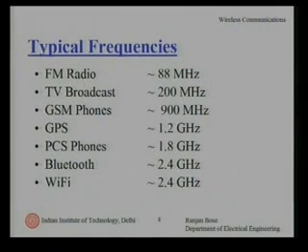The next thing we have to look at is the typical frequencies and how the frequency domain allocations work. For example, FM radio, which we all listen to these days, works around 80 megahertz. The TV broadcast is at 200 megahertz. The GSM phones work at 900 and 1800 megahertz. So, the dual band phones work at two frequencies. So, we are touching the gigahertz range. The GPS, global positioning systems, work at 1.2 gigahertz. PCS phones, 1.8 gigahertz. The Bluetooth, the poor cousin of the ultra wideband technology, which we will also discuss in this course, also works at 2.4 gigahertz. Wi-Fi, the